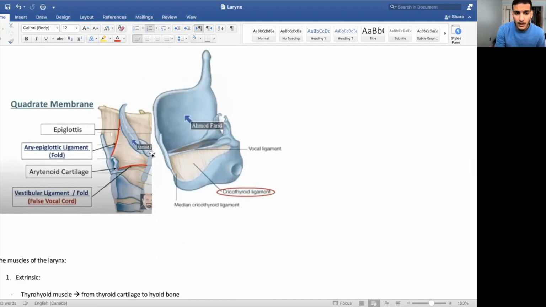Then if we go on the anterior side, we see the Adam's apple. Okay, and then we just remove the right lateral plate of the thyroid cartilage to just look at the inside structures and see the quadrate membrane. Okay, so anteriorly,